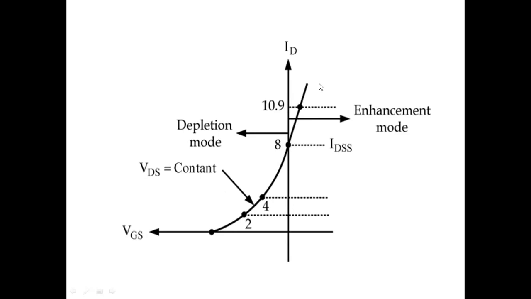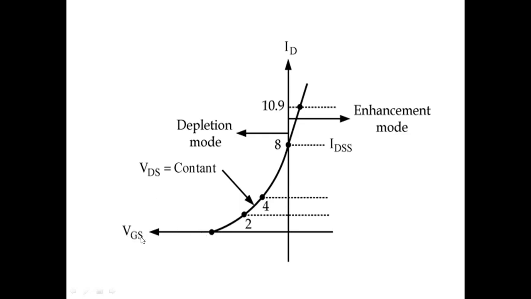From the construction and working, we saw that for negative VGS, the gate voltage is negative, so the electrons in the N-channel are repelled by this negative gate voltage. Hence, they enter into the P region. Now these electrons are recombined with the holes present within the P region. The holes in the P region recombine with the electrons in the channel. Hence, the conductivity decreases. As the negative VGS increases, the conductivity decreases.